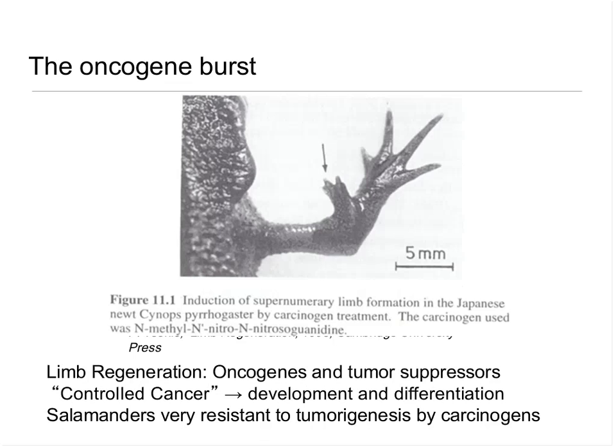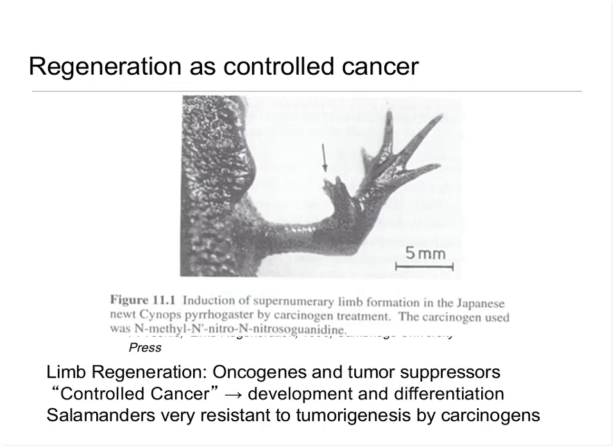And this is supported by older literature that has seen a bit of a link between regeneration and cancer. The picture on this slide is depicting an experiment in which a mutagen was applied to the skin of another species of salamander, and instead of causing a tumor growth, this salamander actually just grows another limb out of that part of the mutagenized limb.